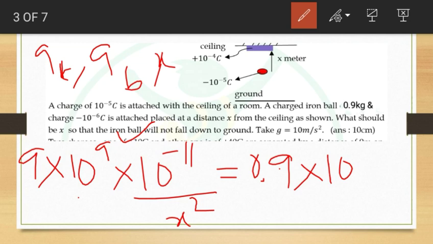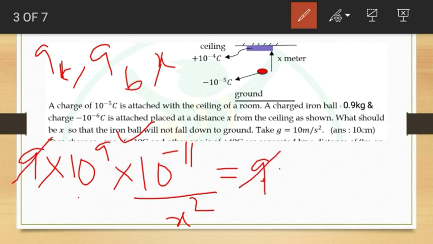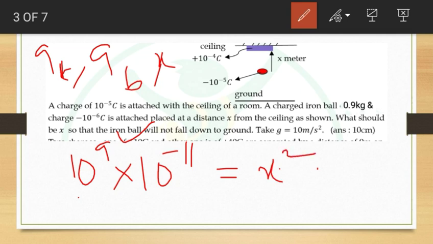And 0.9 multiplied by 10 is equal to 9. Right? So 9 from the left and 9 from the right will cancel out each other, and the x, since it is in the downstairs, when it goes, will move upstairs. Okay, so the next step, I shall move this x square, I shall cancel this 9 on both sides, and now x square.